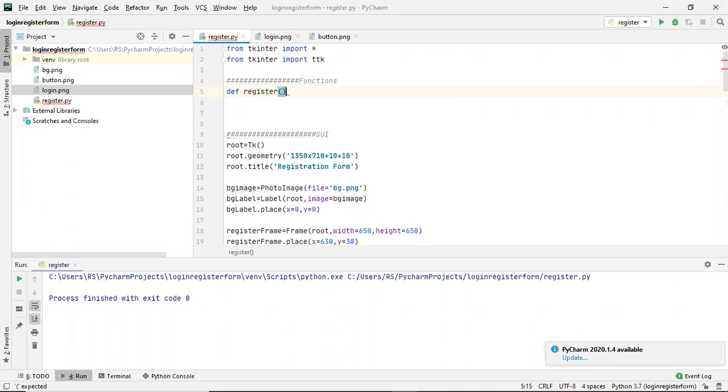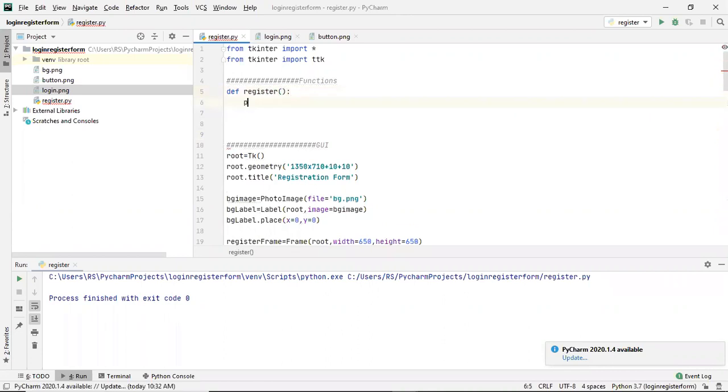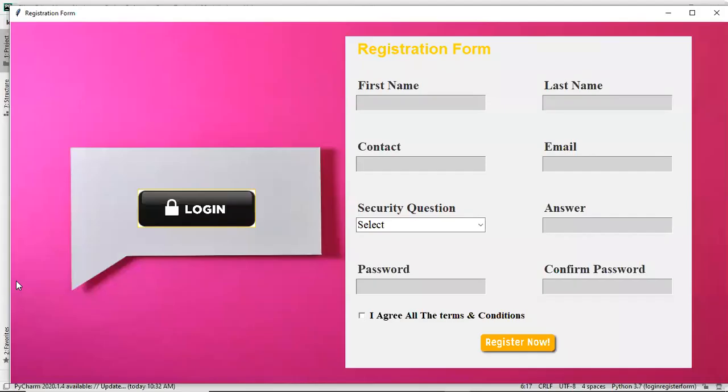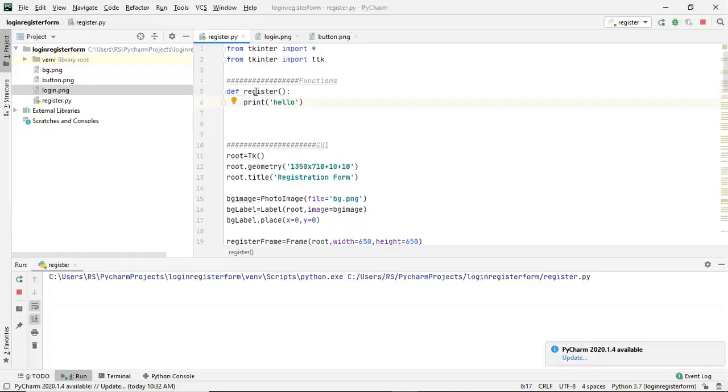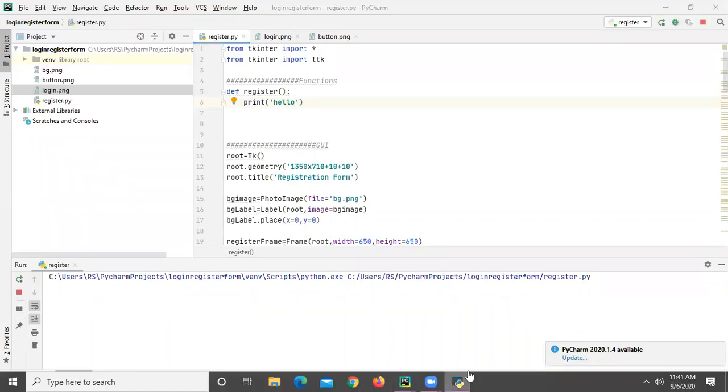If inside this I simply write a print statement saying hello, and I run this, see what will happen when I click this register now button. This register function will be called and whatever is inside it will be executed, so you will see a print on this console. Let me run this.